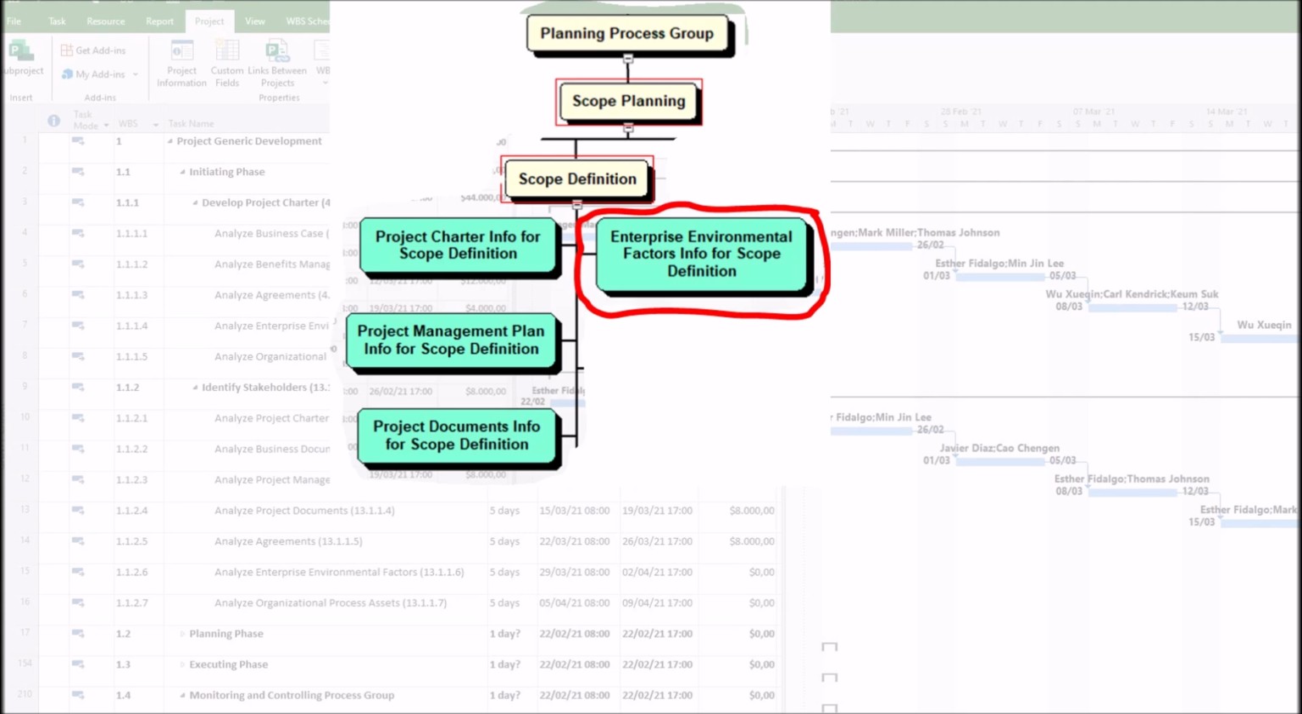Second, in relation to opportunities, enterprise environmental factors, such as new technologies or market trends, may allow for scope expansion or innovation. Third, in relation to assumptions, enterprise environmental factors help in forming realistic assumptions about what can be achieved. The impacts of enterprise environmental factors on define scope are: